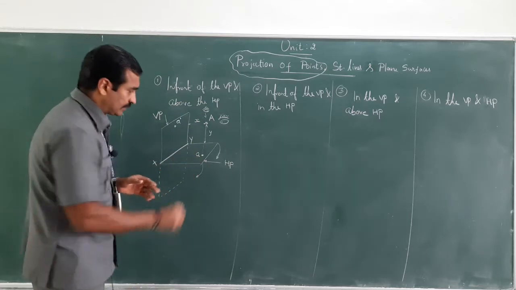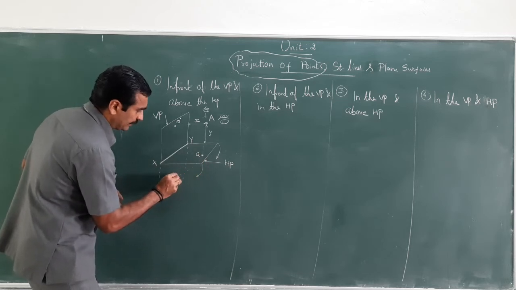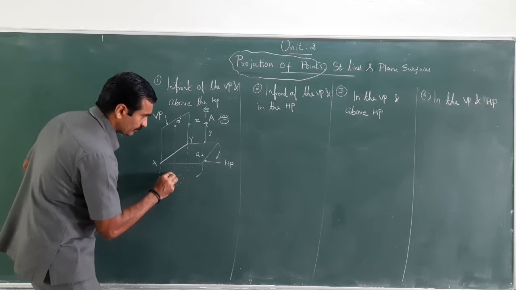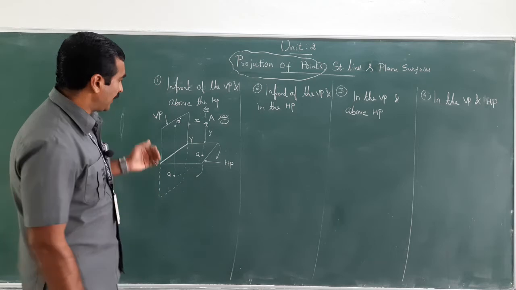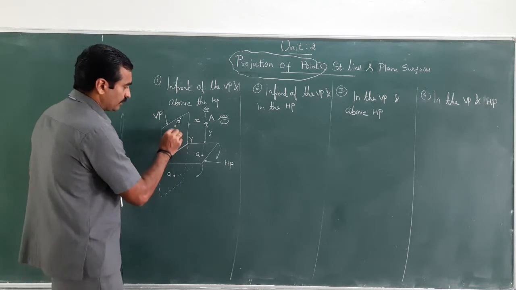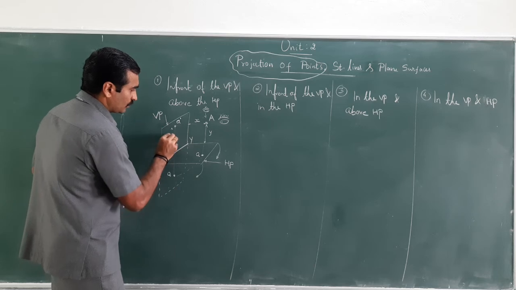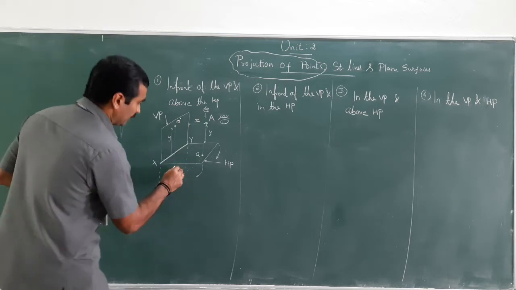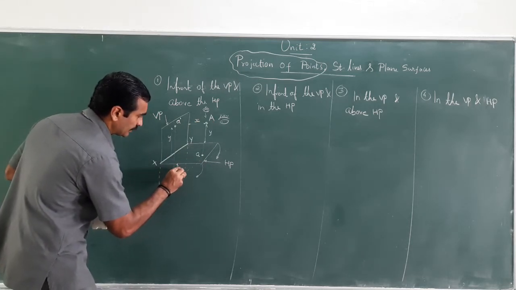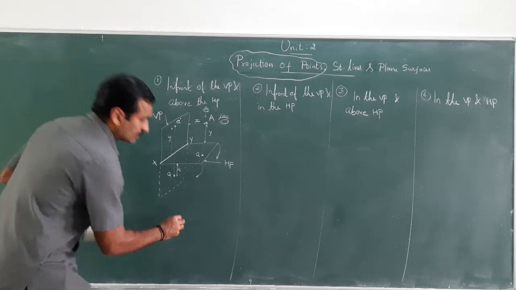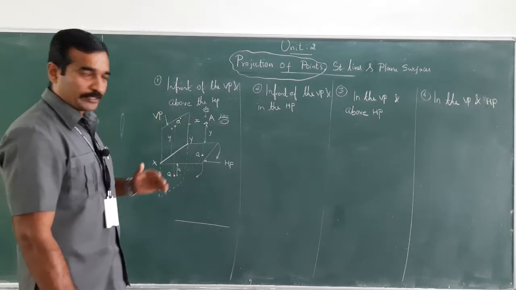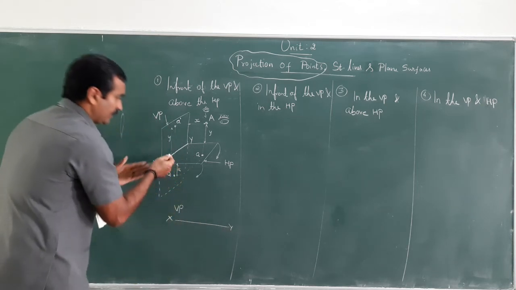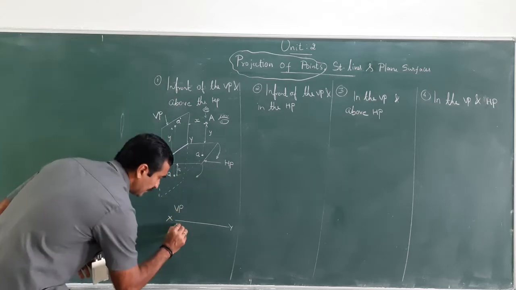Then what about this object? This object also will be placed somewhere here and on the same line. This is a projection, right? So this could be A, and the distance would be here. This would be some Y distance, and when you start rotating, this could be a distance of X. When I draw in 2D, that is with reference line XY, above the reference line is VP and below is HP, right?